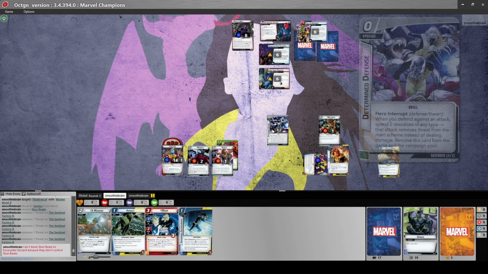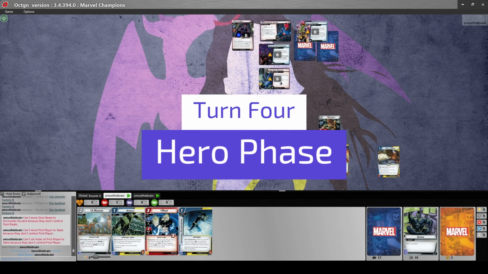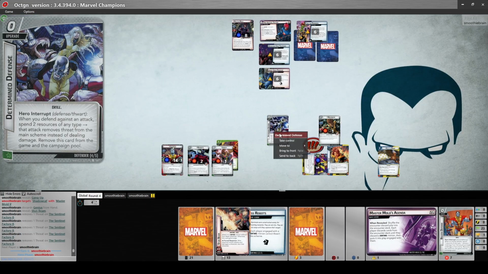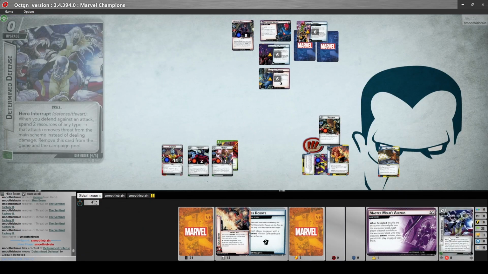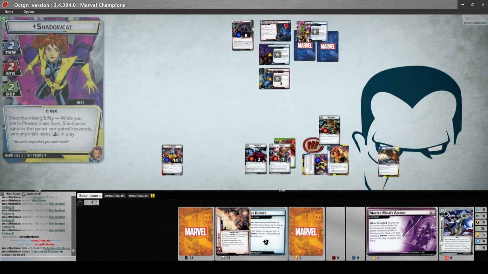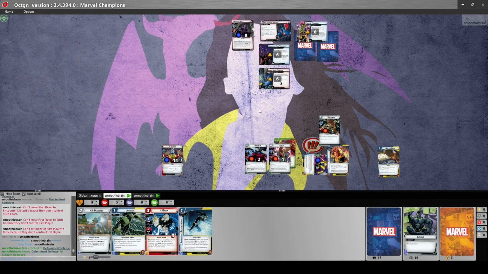Alright, I'll get Colossus to get rid of this shortly. But in the meantime, we are over to turn number 4. Now, let me just organize this here. This will go into the removed from play. And these guys are now under the control of Shadowcat. Shadowcat, what can we do here? I think...